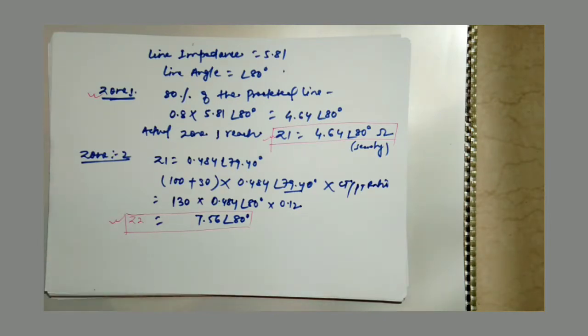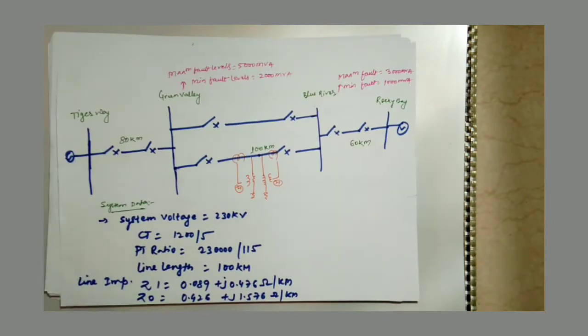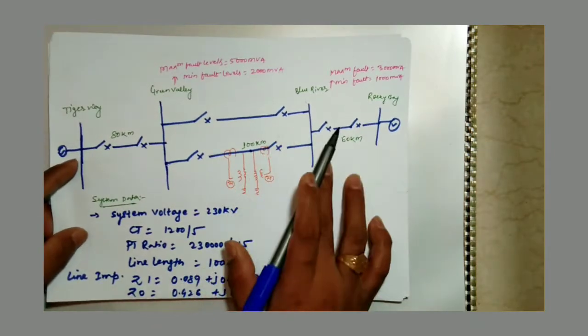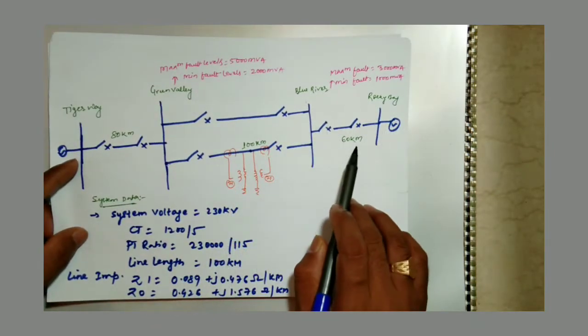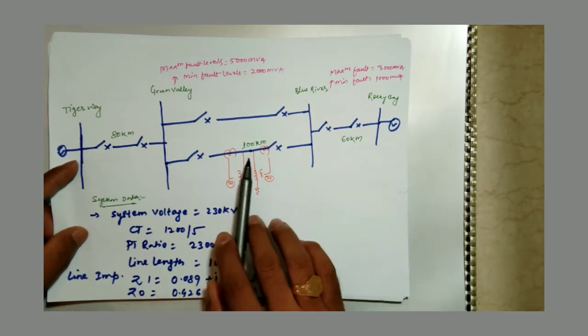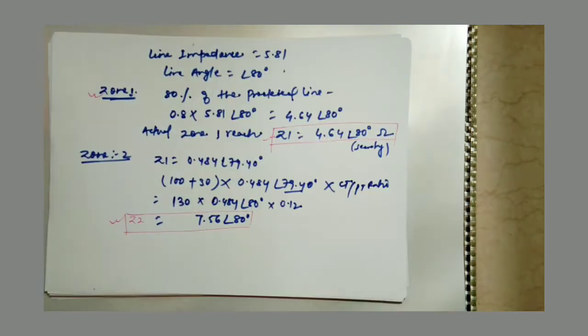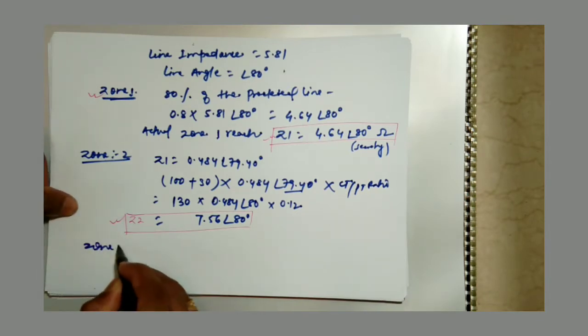We will calculate zone 3 now. Zone 3 is considered as 200% of the line length, that means this line length plus whatever line length is remaining, that is a 60-kilometer line remaining. So we will calculate zone 3 for the 160-kilometer line. So zone 3 will be